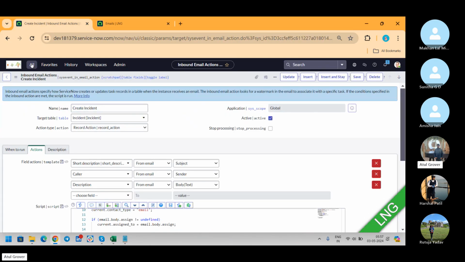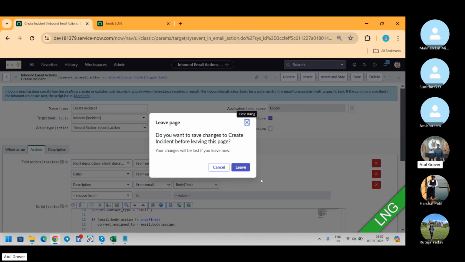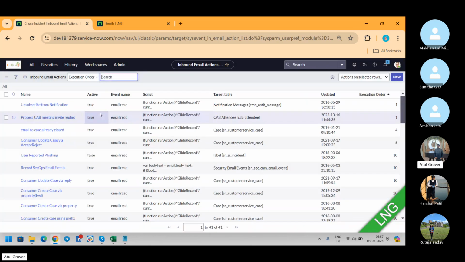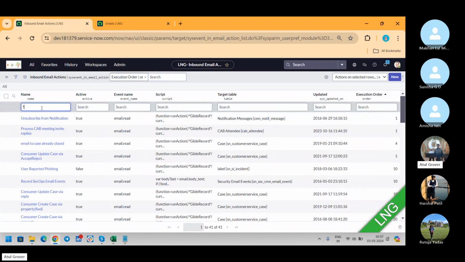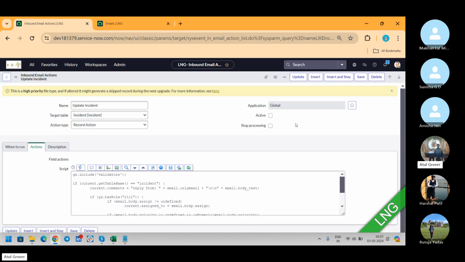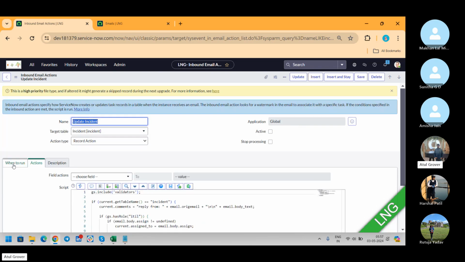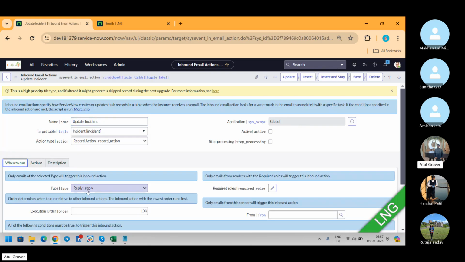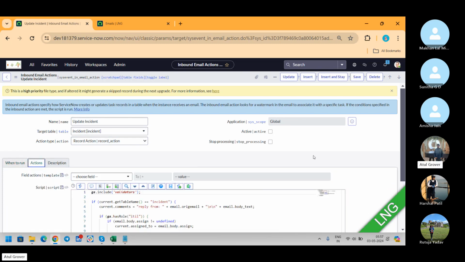ठीक है। नाउ इफ आई कम बैक हियर, इनबाउंड एक्शंस एंड सी द अपडेट, अपडेट इंसिडेंट, इसमें क्या है, इसमें रिप्लाई वाला होगा, मतलब रूल्स सेम ही होंगे इसमें भी। रिप्लाई। ठीक है। एंड व्हाट दे आर डूइंग, व्हाट हैपन, लेट्स से